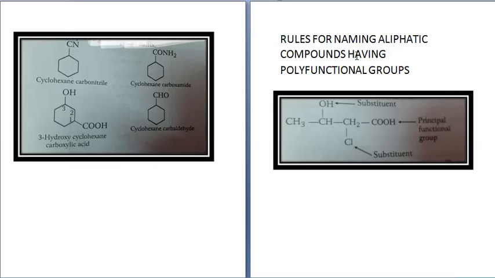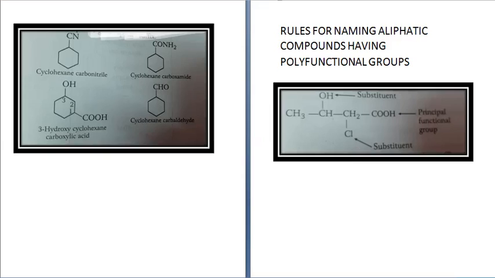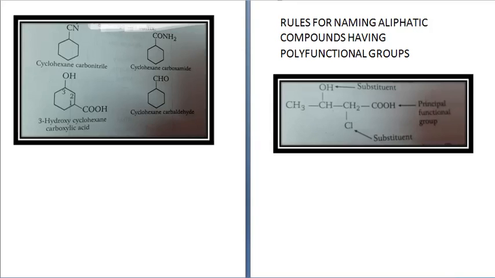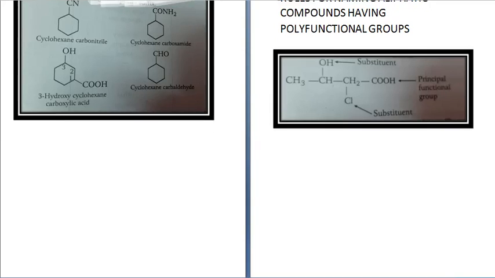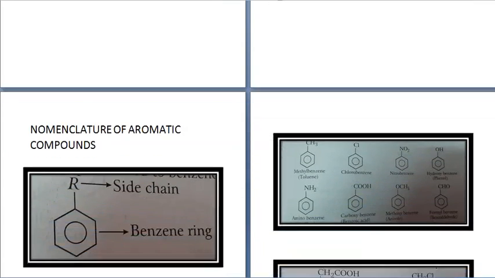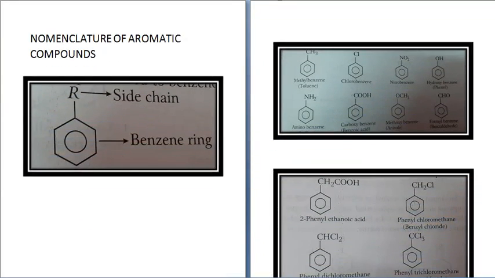Alright, now let us take a few examples, like CN, CH2, CH(CN), CH2, CN. Now there are 3 CN attached over here, so you will give the name propane-1,2,3-tricarbonitrile. Alright, for CN in this table I told you that the suffix is carbonitrile. When there is more than one, then you write it like this: propane-1,2,3-tricarbonitrile. Okay, these carbons will now not be added in the parent chain. So the parent chain is just these 3 carbons.